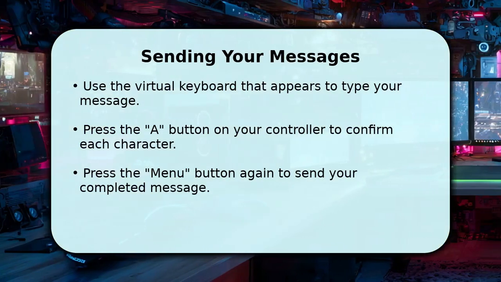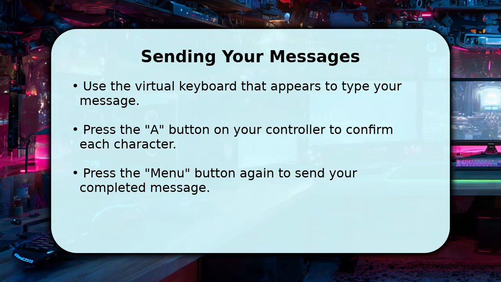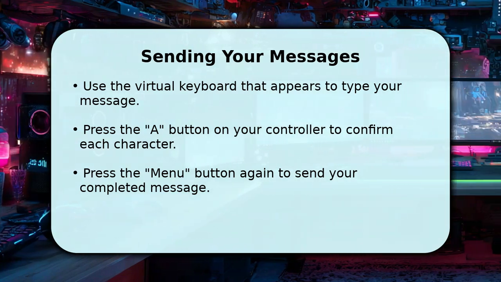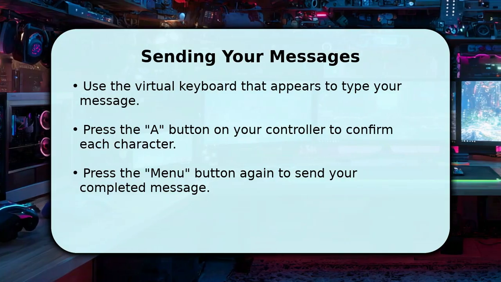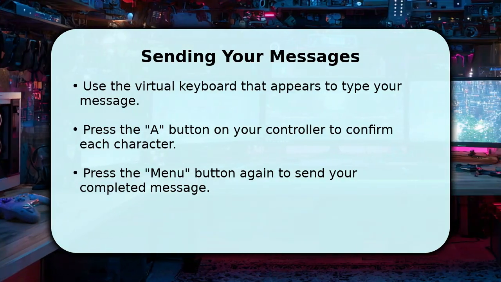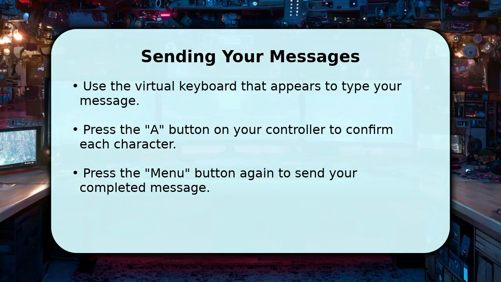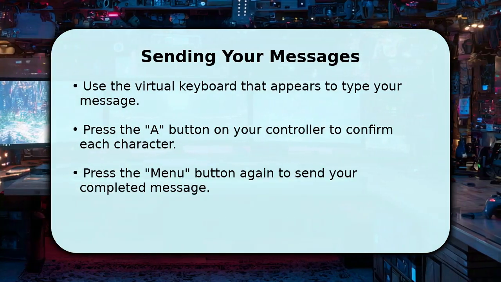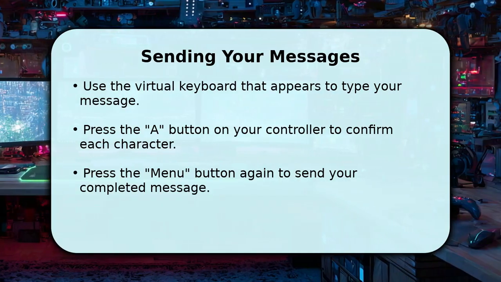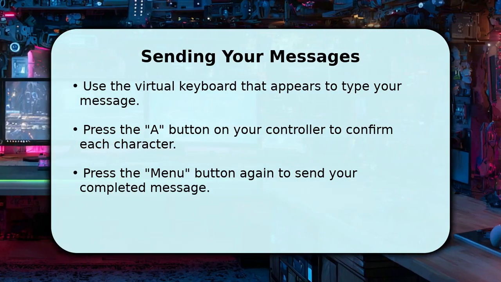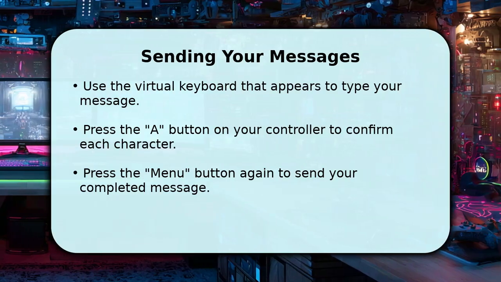With the chat window open, a virtual keyboard will automatically appear on your screen. Use your controller's left stick to navigate through the letters and press the A button to select each character you want to type. After crafting your message, press the menu button on your controller once more. This final press will send your message into the game chat, making it visible to other